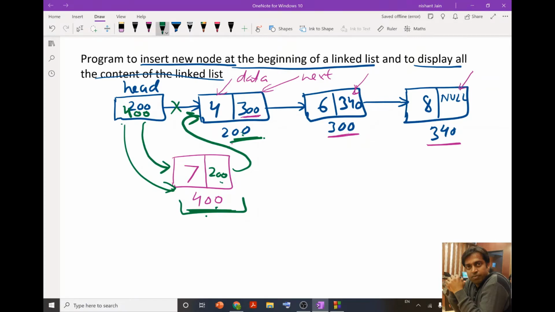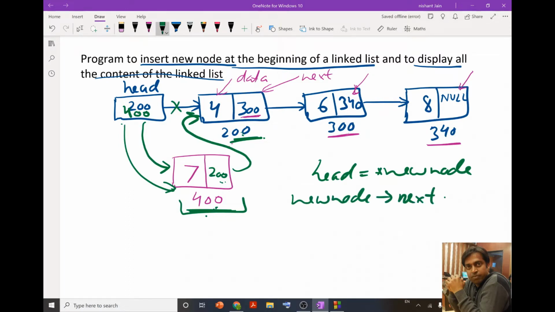So overall, I update the value of the head with the address of the new node, and I update the next pointer of the new node with this.